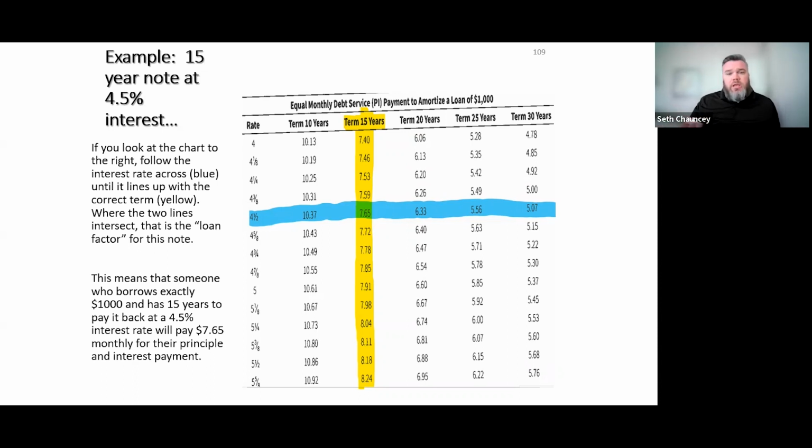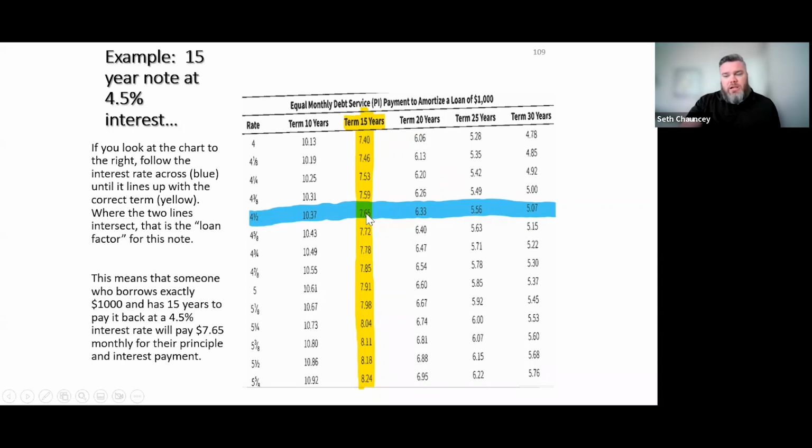It would be impossible. And so this is a really smart chart that tells you how much you would have to pay each month to amortize based on some loan terms. Now, this chart is based off of $1,000. Let me explain. Where these lines intersect, if I said that you borrowed $1,000 and promised to pay it back over a term of 15 years at an interest rate of 4.5%,